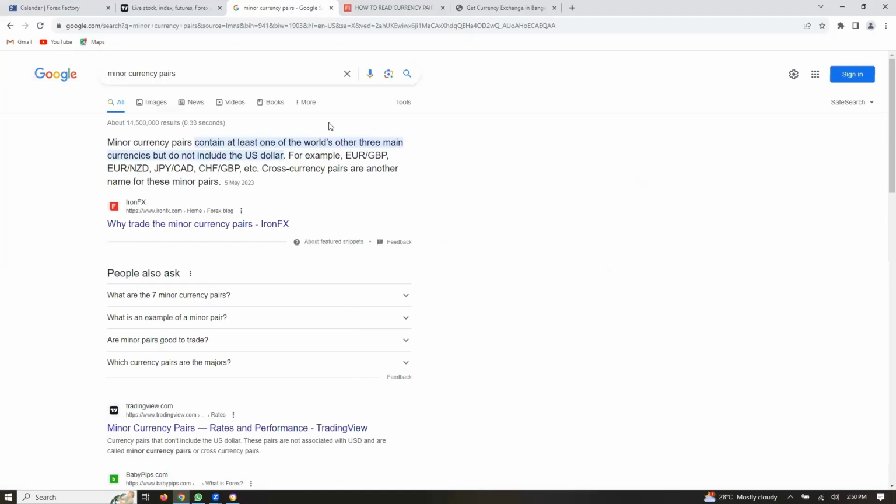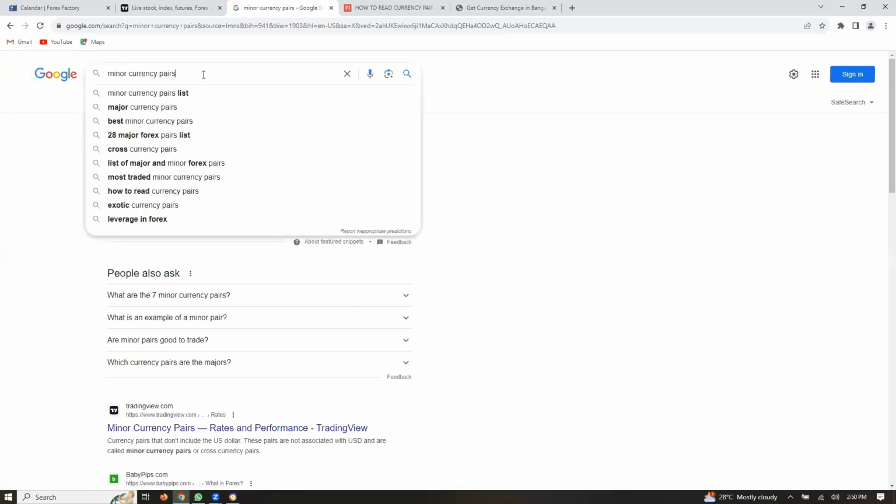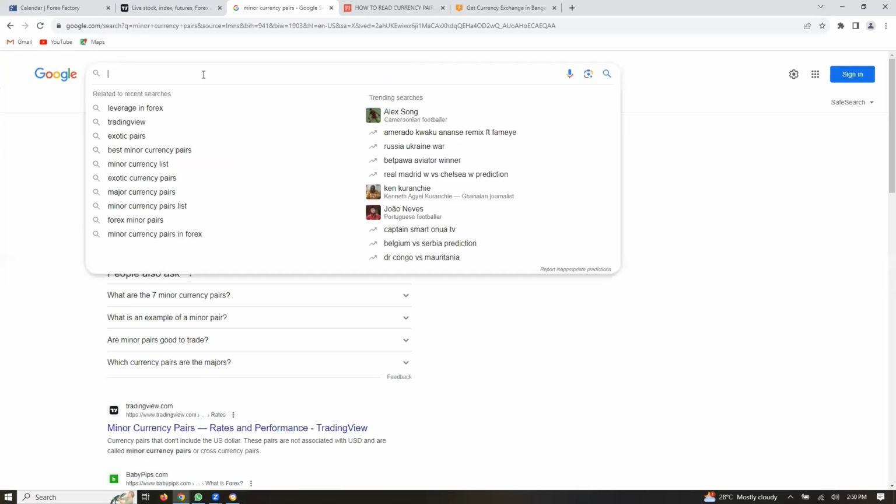Understand? So what we're going to be doing is that we are going to learn about currency pairs today. Okay, the other day we said Forex is the largest financial market in the world. We have so many financial markets out there, and Forex happens to be the largest, with a daily volume of about $6 trillion. Understand? And it is in the Forex market that whenever the market is going down, you can make profit, and whenever the market is going up, you can make profit again.